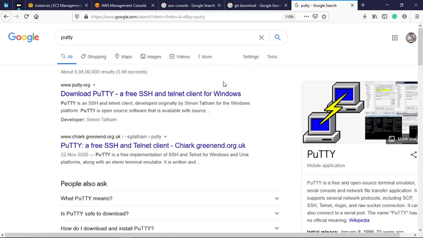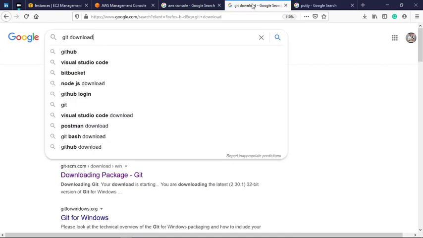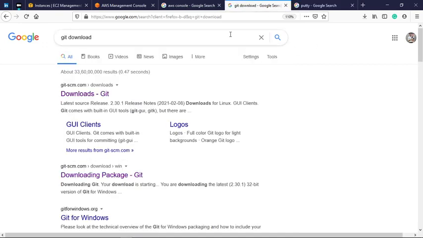But there is another method. Putty is very complex for beginners, those who are in the beginner stage. It is very difficult to connect to your instance using Putty. So I will give you a new method, that is Git. I am using Windows on my local machine, so we cannot use the terminal or CMD, and we cannot SSH using CMD. So one thing we can do is download Git.